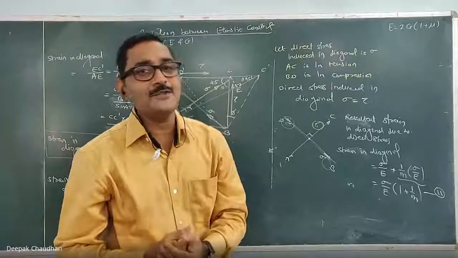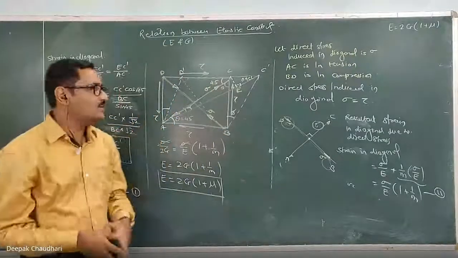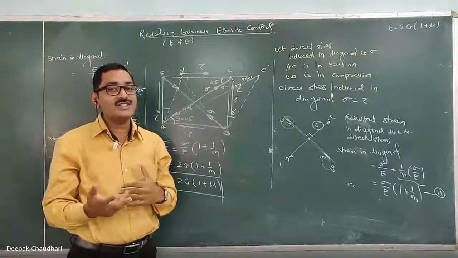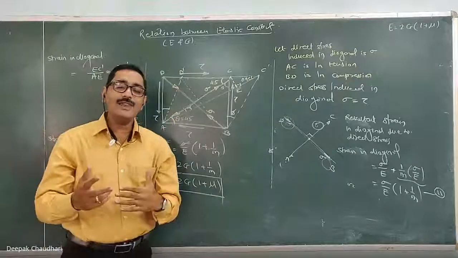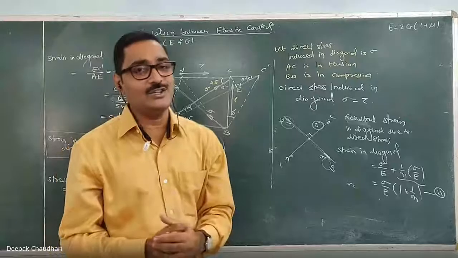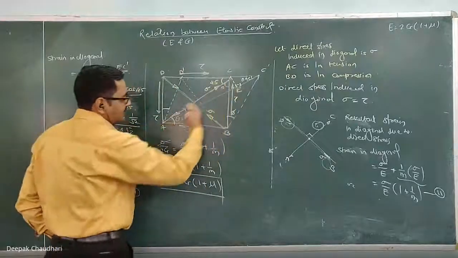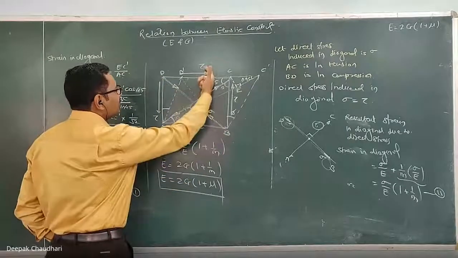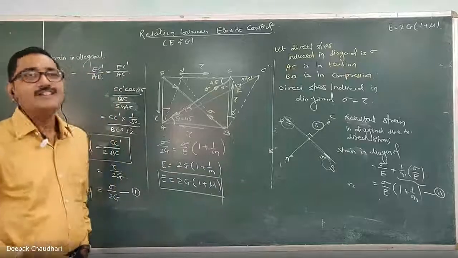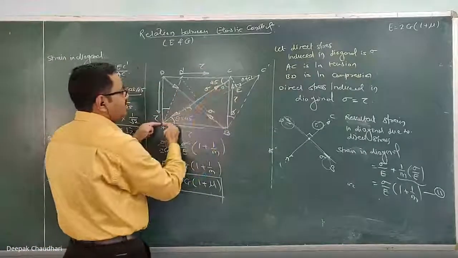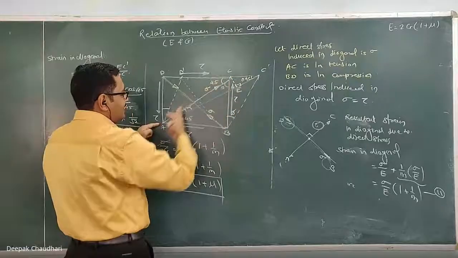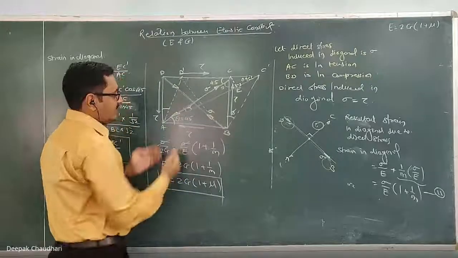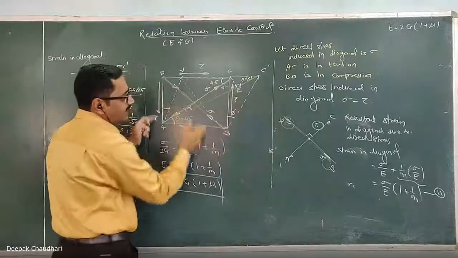By considering the concept of principal planes and stresses, as I explained, even when we apply some shear force or shear stress, on some inclined plane the normal and tangential stresses are also induced. So the direct stresses are induced in this diagonal because of the shear stress. Because of these direct stresses, the diagonal AC is elongated to AC dash, and BD is in compression. Here AC is in tension and BD is in compression.